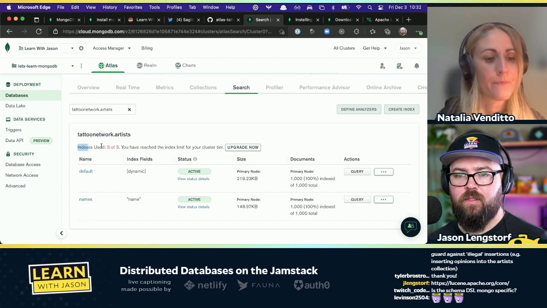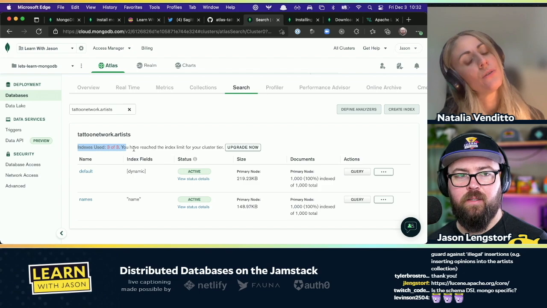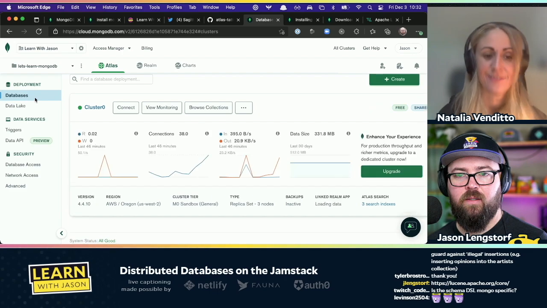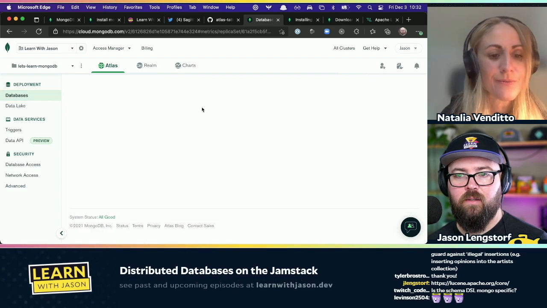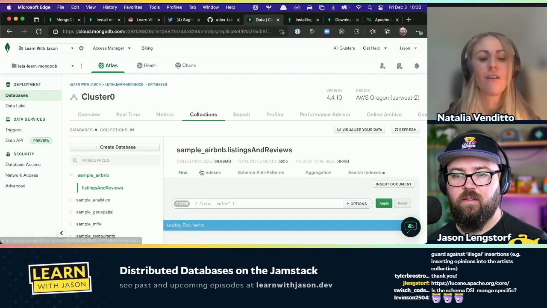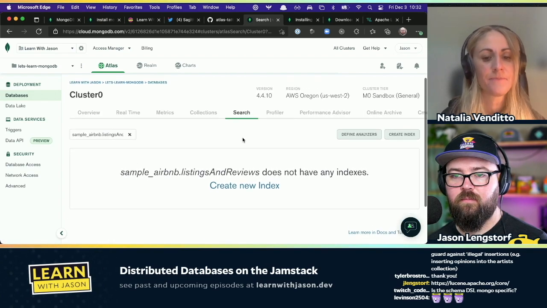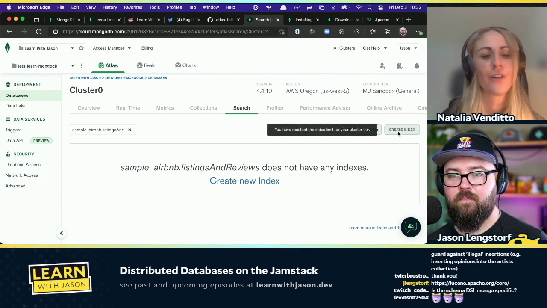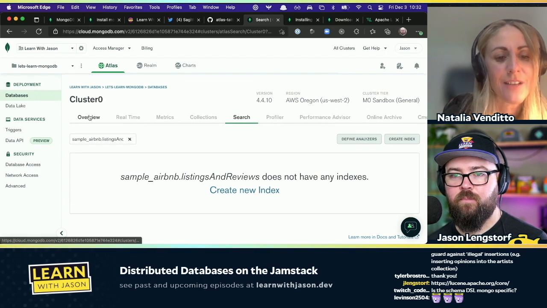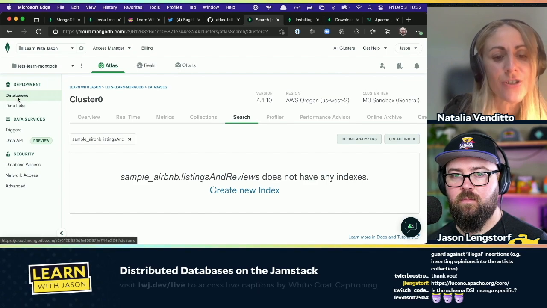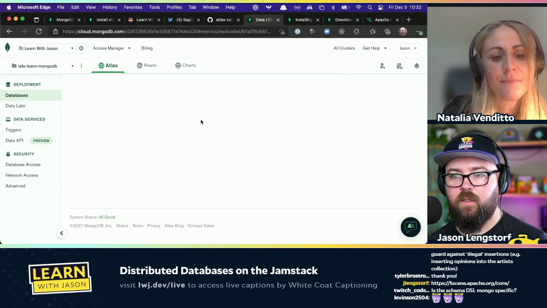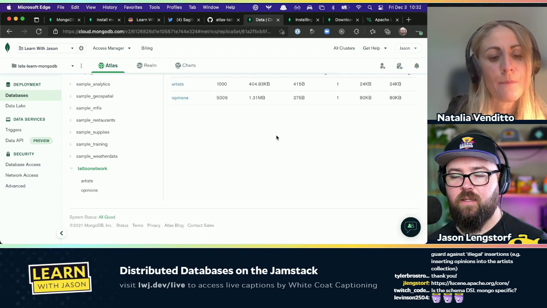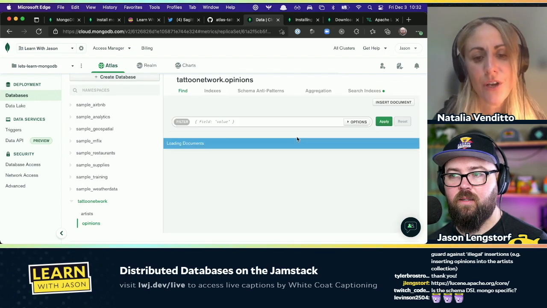Am I going to be able to do this? Because it looks like I'm... You have 2 and the limit is 3. So you still have 1 to go. So browse collection, go to the opinions collection this time. I think you are in the wrong collection right now. So you have to go back to collections. Look next to search, you have the collections tab here. Yes. And then we'll go to opinions. Exactly. And now you go to search